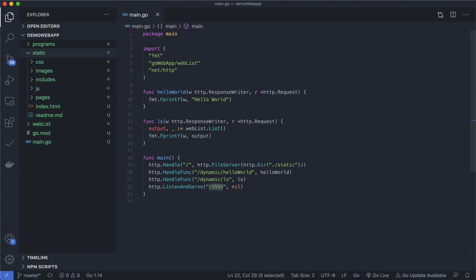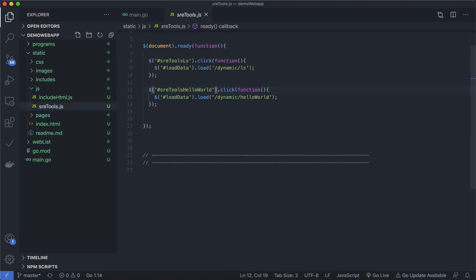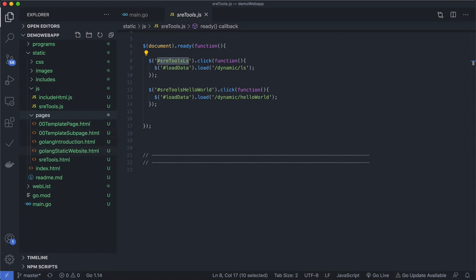Let's go through this a little bit now. In the last tutorial I showed how I make links. For example, I made a link on this one, with a load function for this dynamic hello world. If someone clicks on this particular id, it should call this particular url. Now this is defined on a particular page, so if I come over to pages